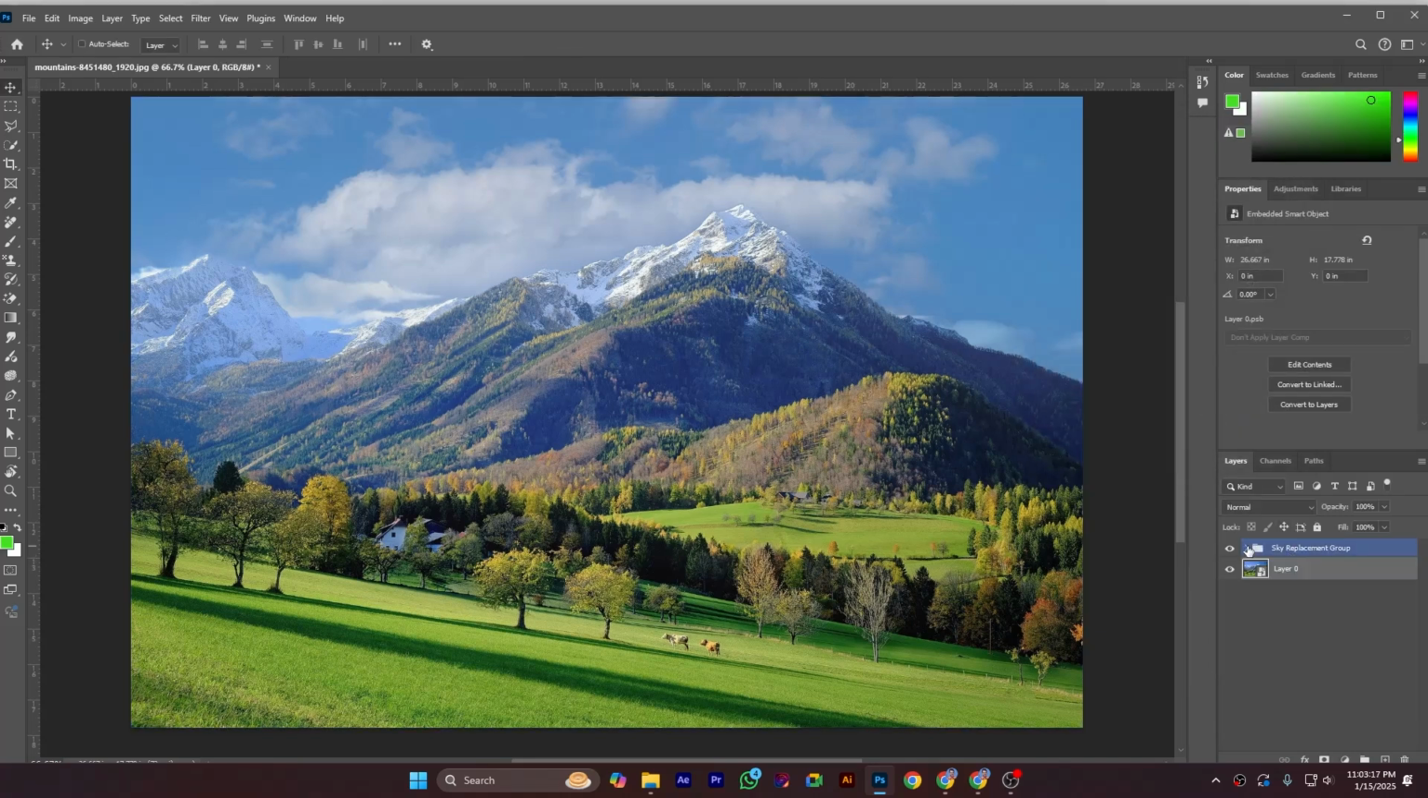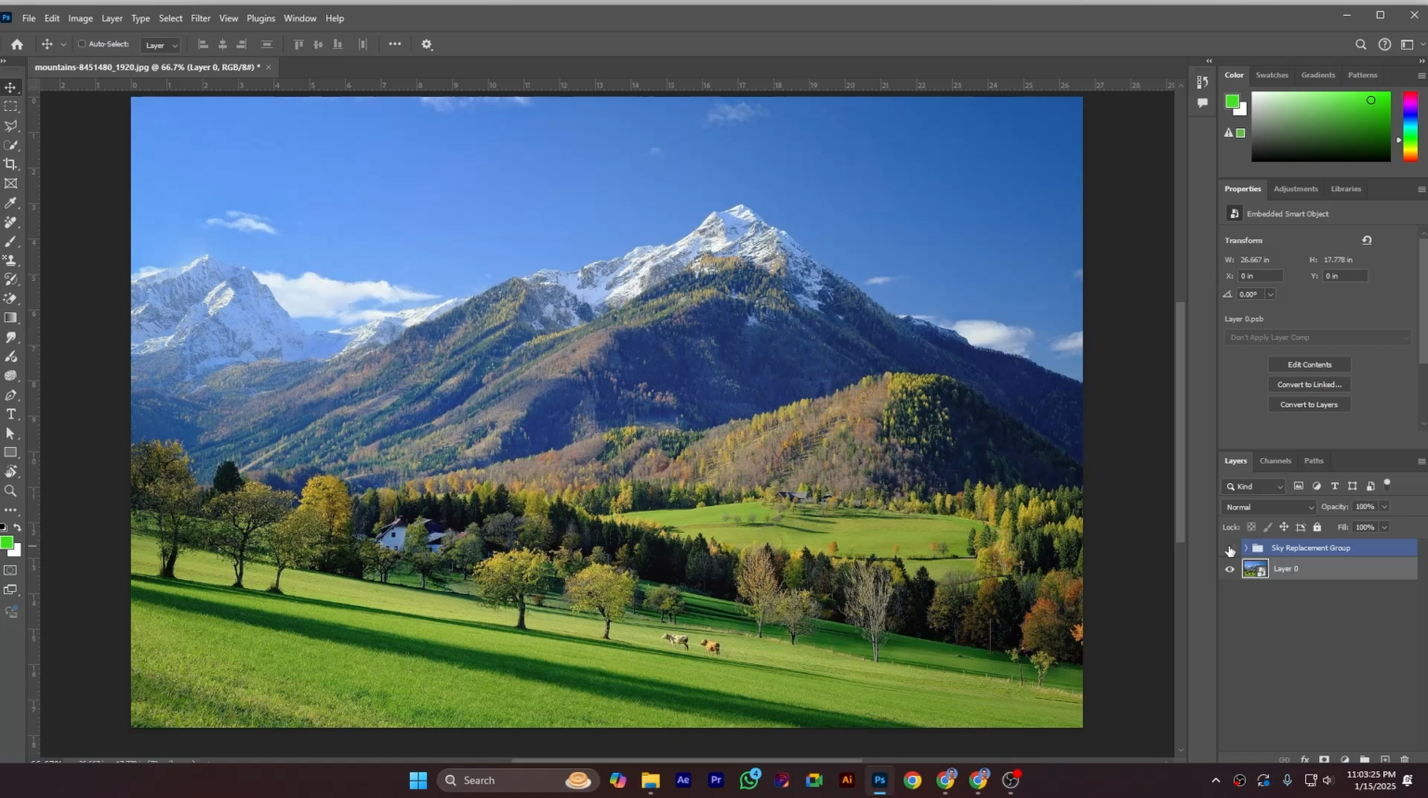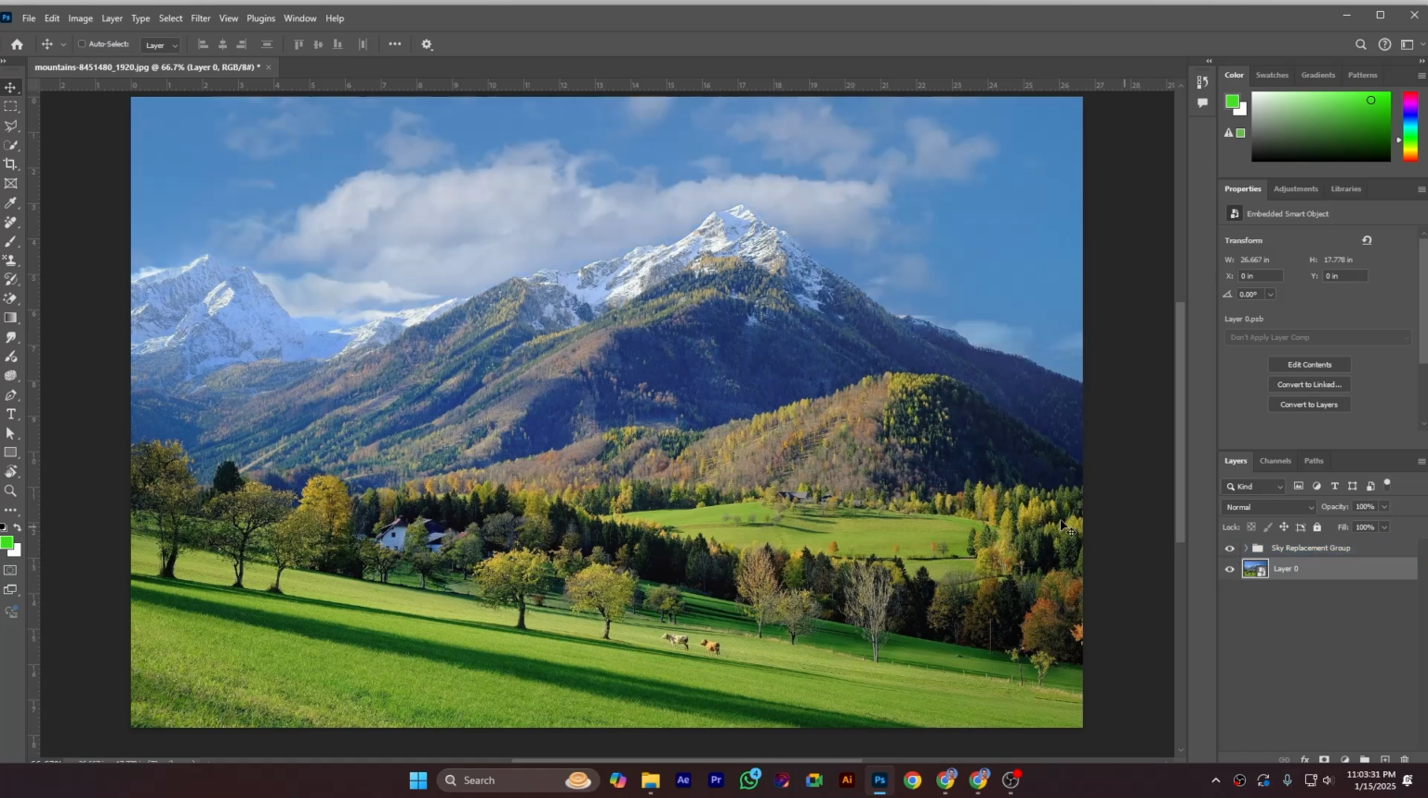So here is the sky replacement group. So you can just turn the visibility on and off and you can see this was before and this was after. This was before and this was after. So that was for this